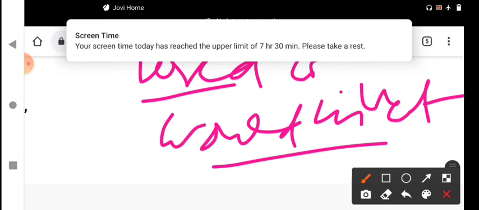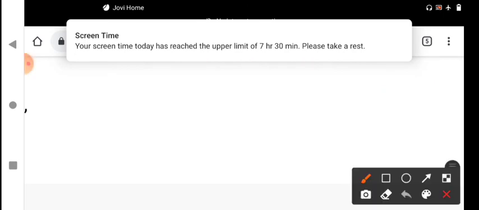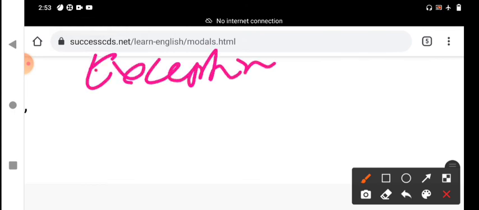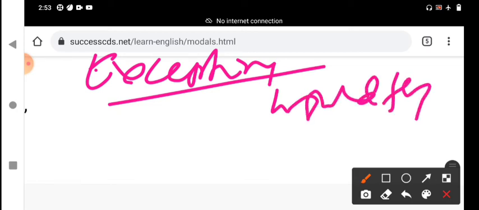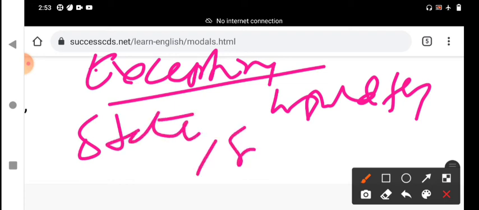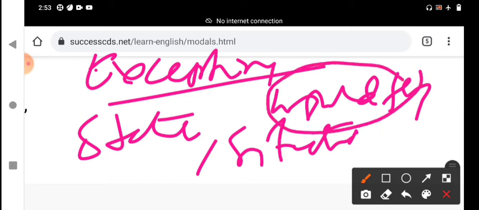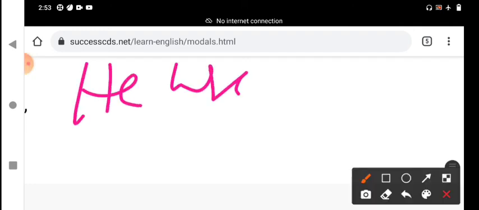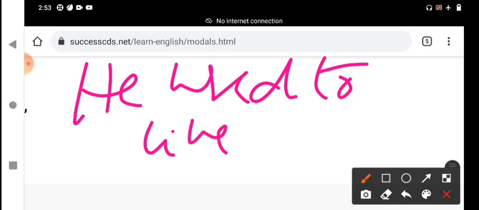That is more important. But there is one exception in the English language. So many exceptions exist in English; they do not follow the rules of grammar. We don't use "would" plus V1 to describe a state or situation. A state means a condition or situation. In this situation, we should not use "would" plus V1; we have to use only "used to". For example, he used to live in Chennai.